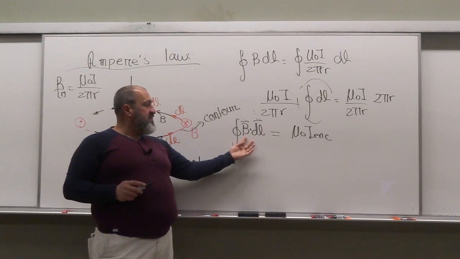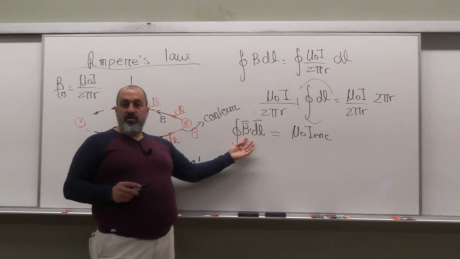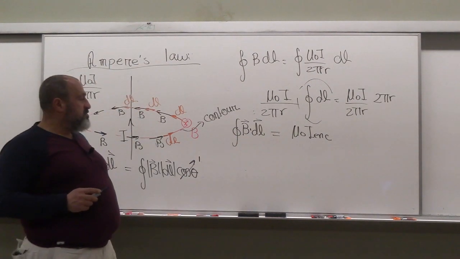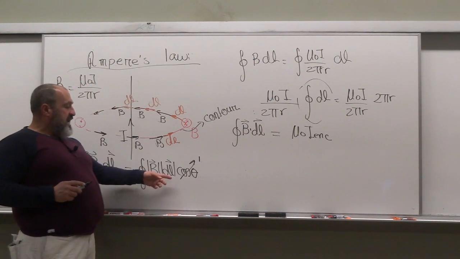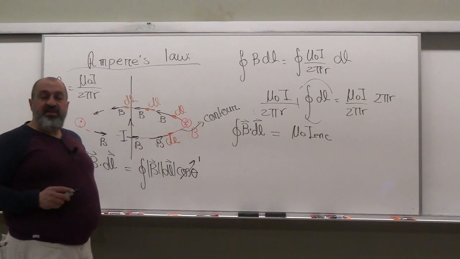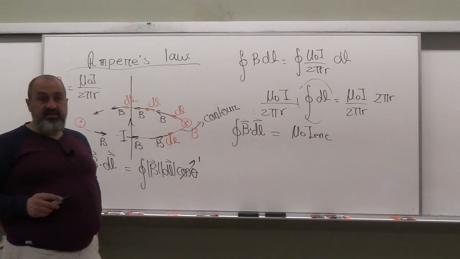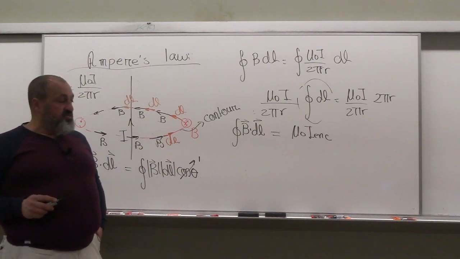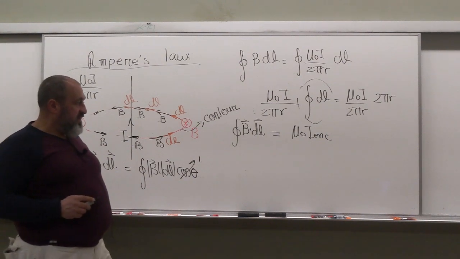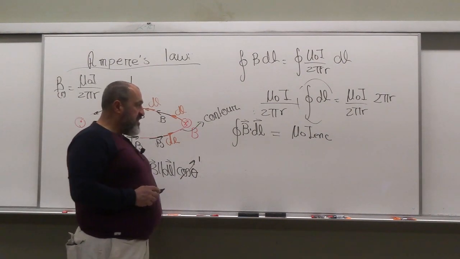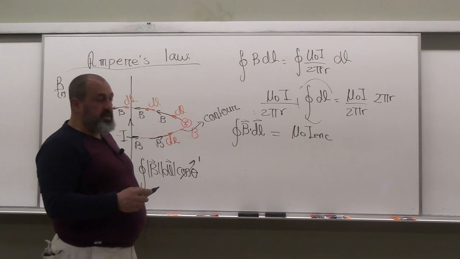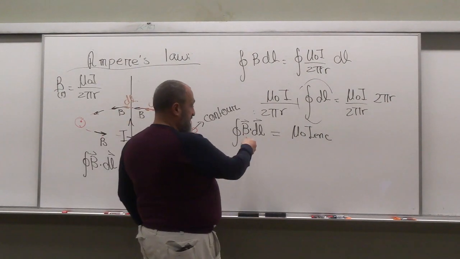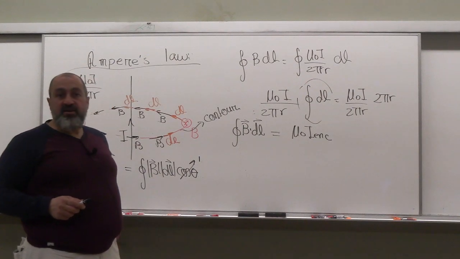We want a magnetic field that is uniform over the contour that we calculate, and such that the angle theta between B and the elements of length is going to be either 0 or 90 degrees. In this case, it is 0. Right? So what we have come up with is a statement of Ampere's law. It says that the integral of B dot dl, if you have a current anywhere, see, we have derived it, calculated the